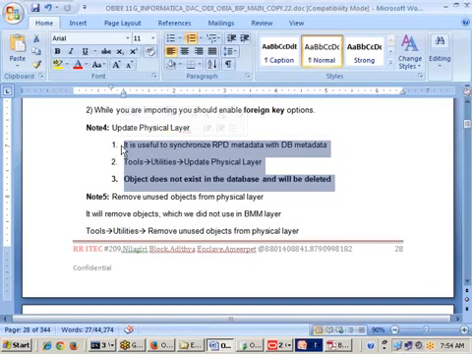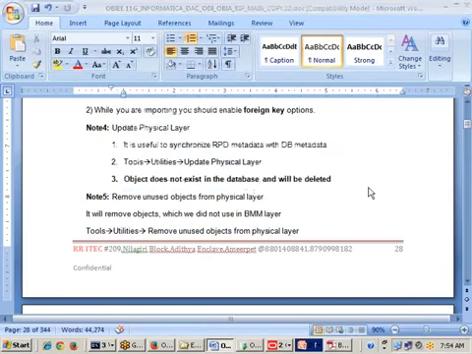Now, if you observe carefully here, it is useful to synchronize RPD metadata with DB metadata. That means,